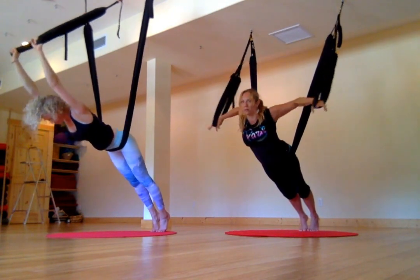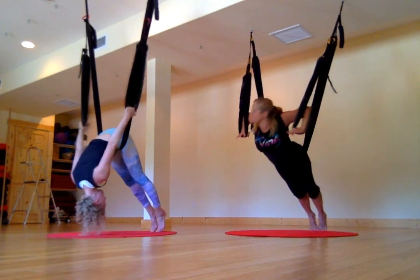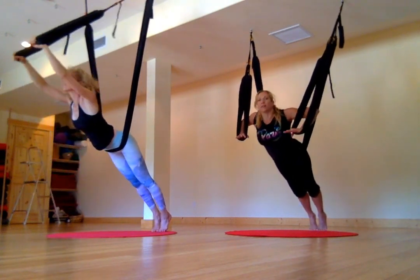Lift. Let's do a few chaturangas while we're here. Keep the diagonal. And see if